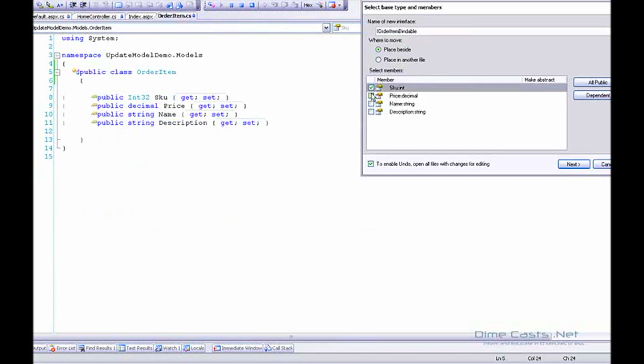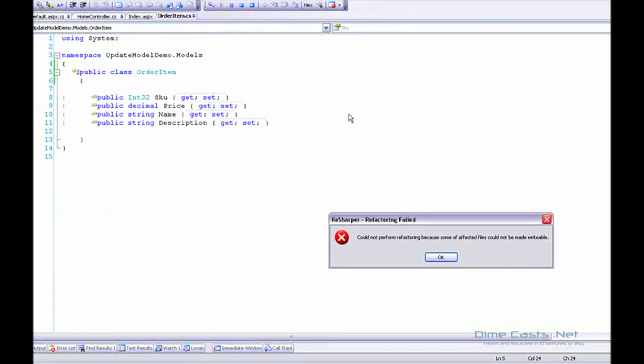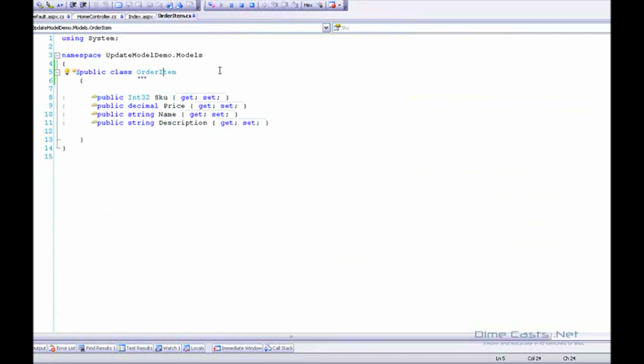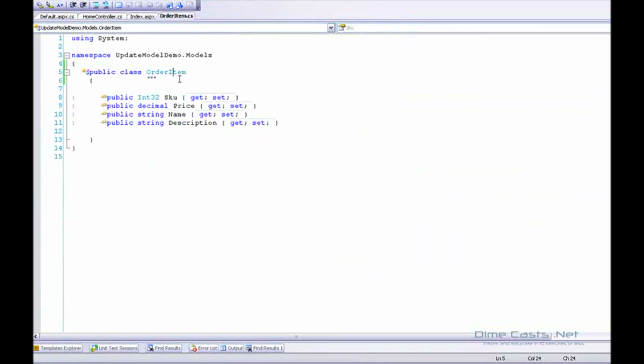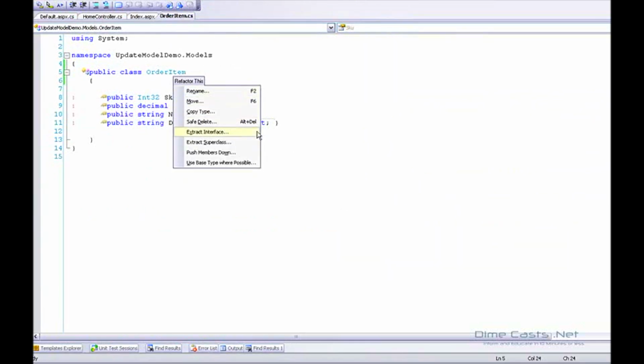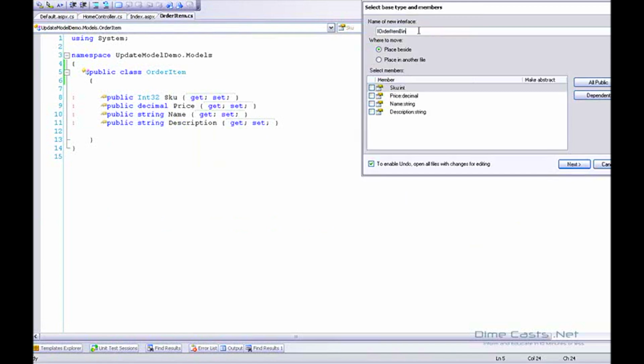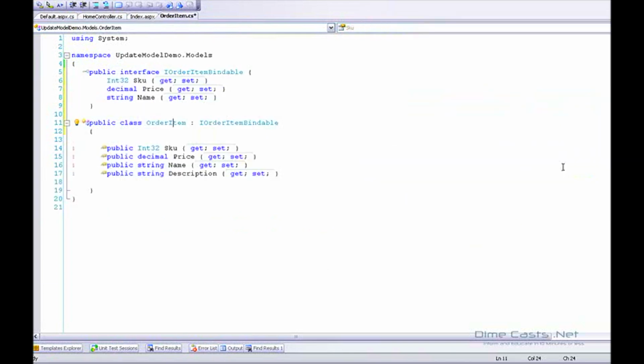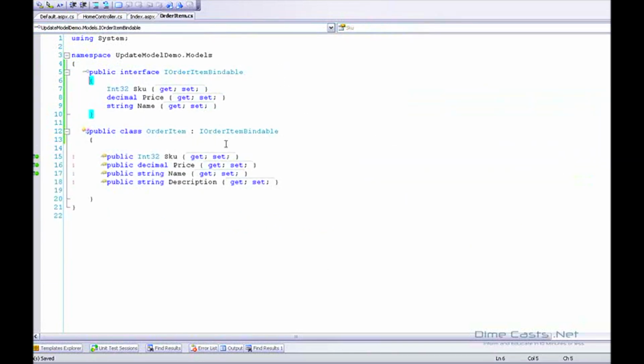And I'm only going to include the properties I want inside this interface. But it would help if I stop my project. So I've created this interface called IBindable, which sits on top of my order item object. And you'll notice it does not contain an interface property for description. I'm going to bounce